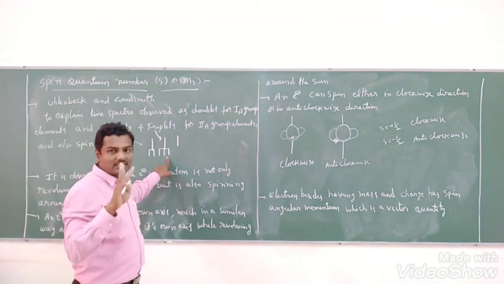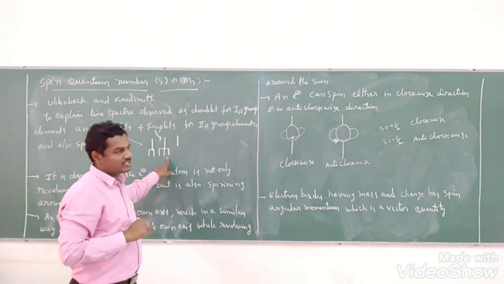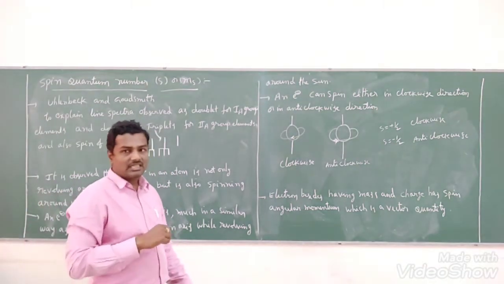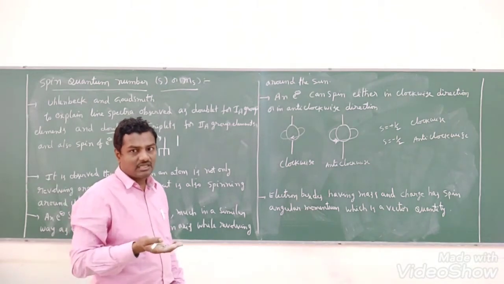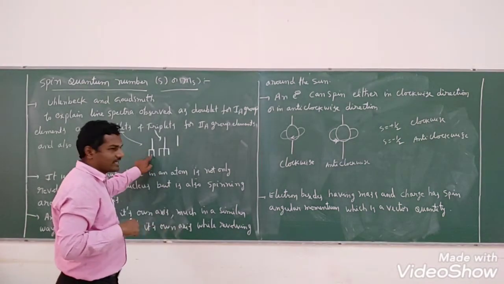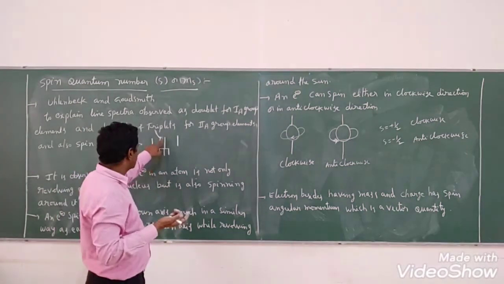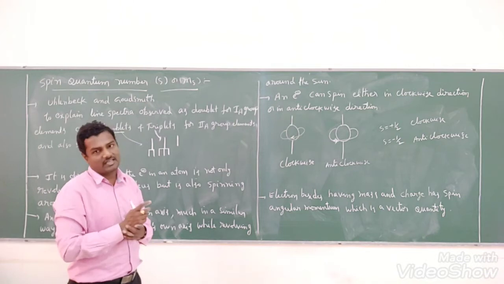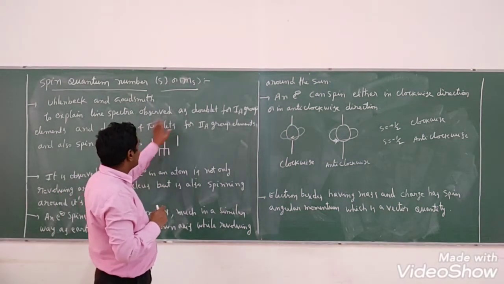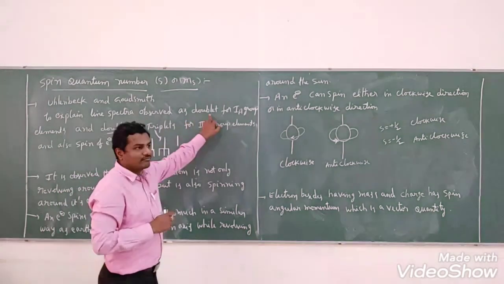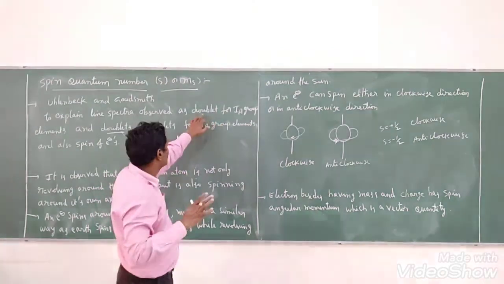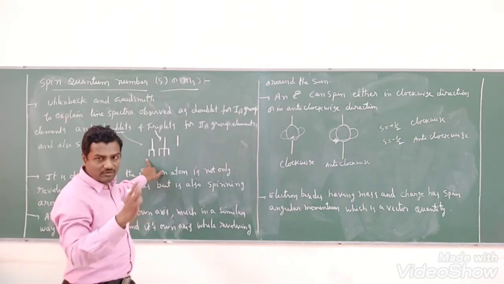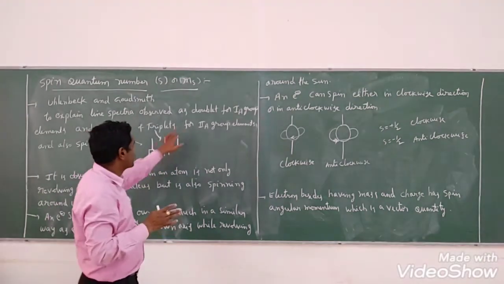If 3 are present, that we can call as what, students? Triplet, right? So what he observed in the line spectra means, in some of the elements, that spectra is divided into 2 lines, in some cases 3 lines. So if it is divided into 2 lines, that we can call as a doublet. For all first year group elements, he observed doublet configuration. That line spectra is divided into 2 group of fine lines, that we can call as what?